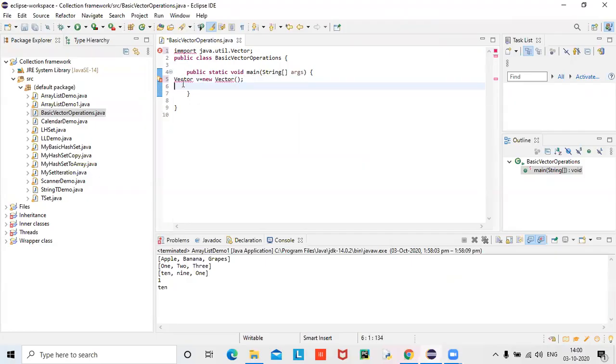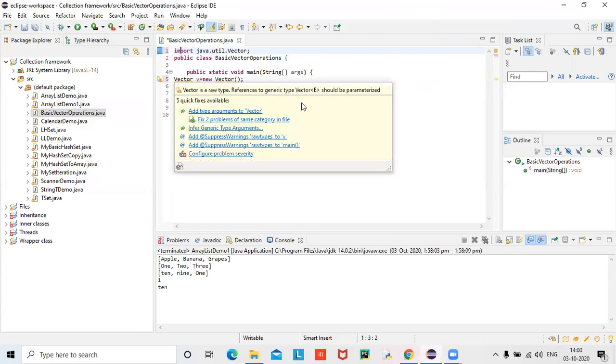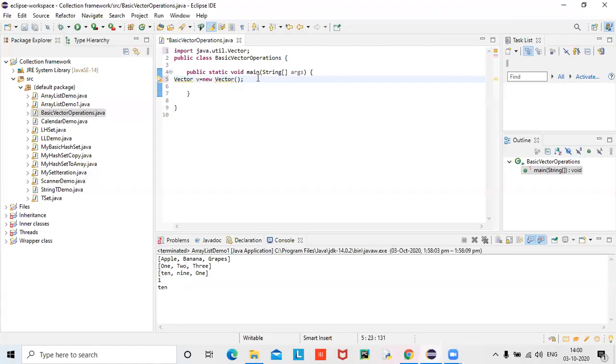Vector, mistake, double M is there. That's it. It is immediately pointing at both this line and that line also. It is getting confused, the import package as well as this line.